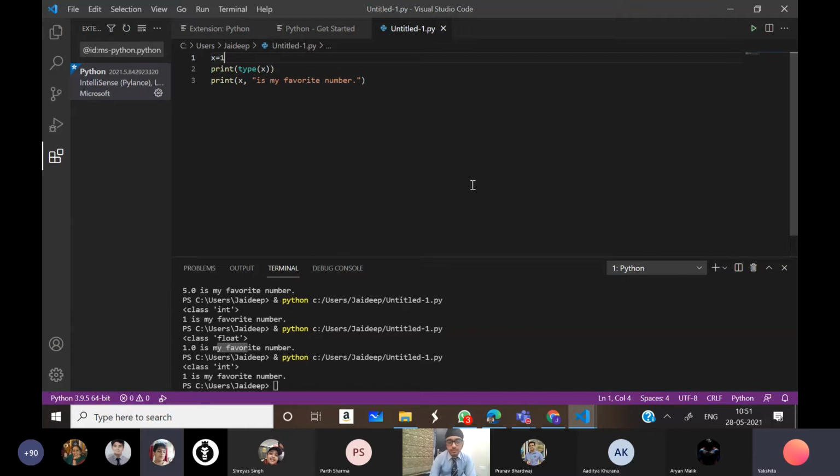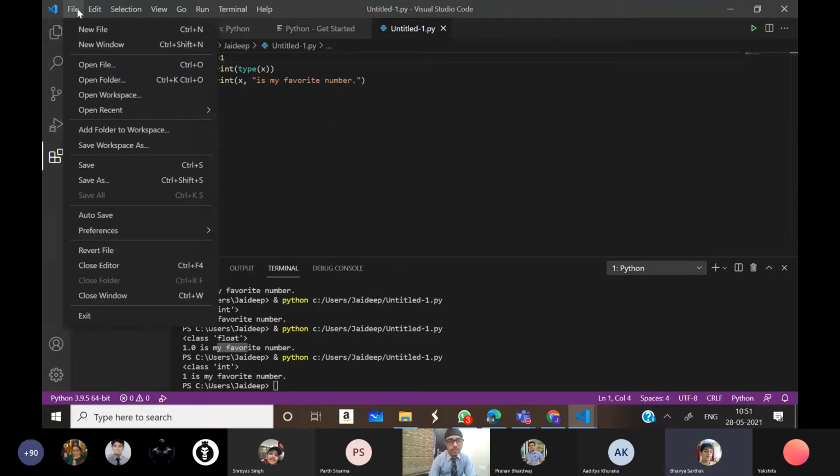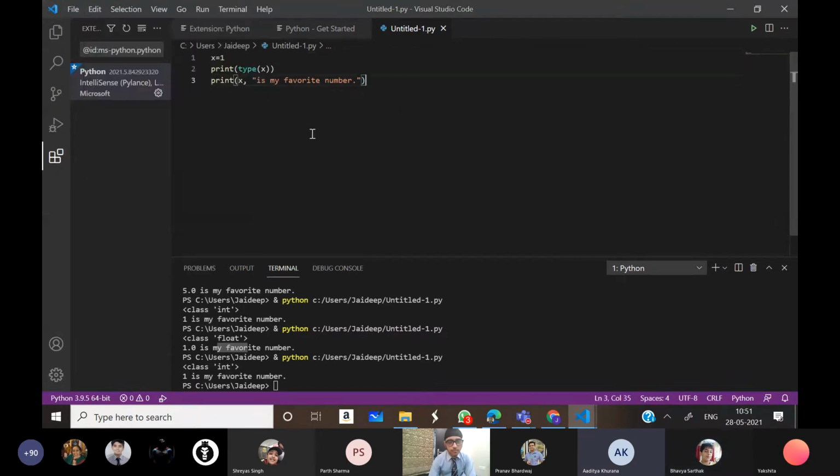Bhaiya, mine is asking for the Python extension and the play button is not there. So what to do? Install the extension. Without that, VS Code won't work. Install a code runner extension. What is the name of the extension? Install Python or code runner. There will be a pop-up when you download this Visual Studio Code app. In the Python black screen, there is no option to save the work.